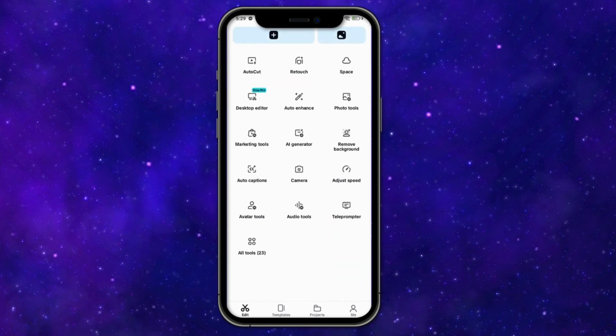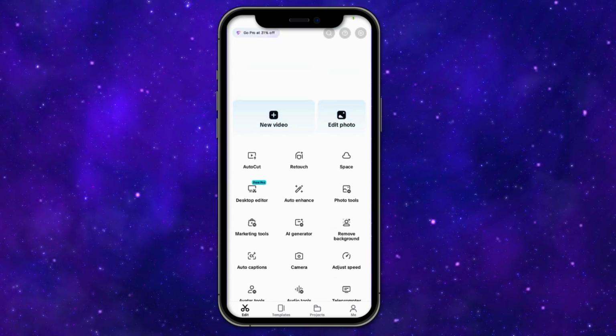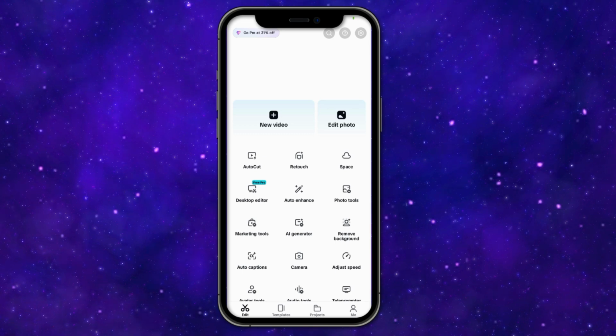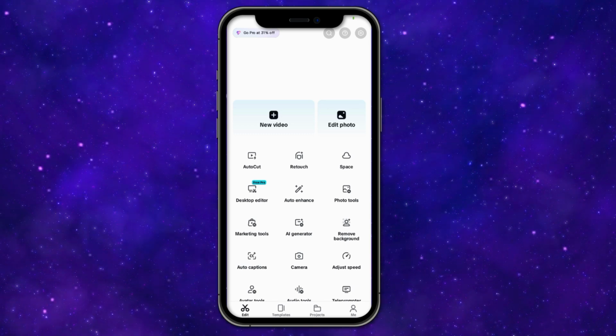How to change CapCut password. In this video, I'll show you how you can change your CapCut password. So to get started, go ahead and open the CapCut app on your device and then make sure you're signed